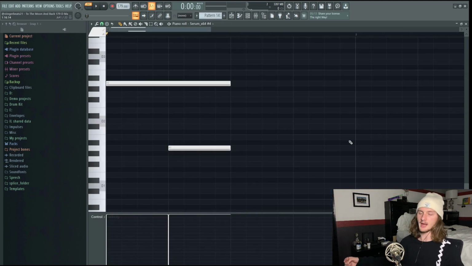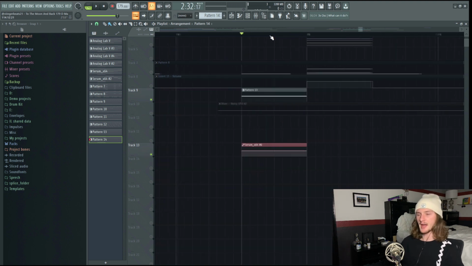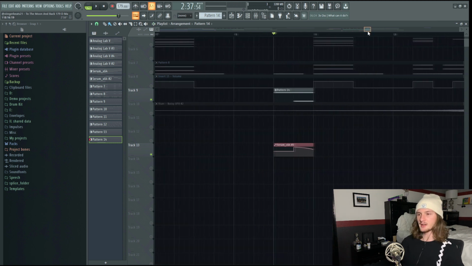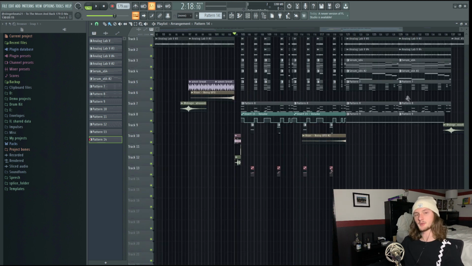For the second growl, I have it playing a portamento slide note, and I automated the rate so that it changes from 1/4 to 1/32. For the third growl, I have it just playing a consistent 1/8 rate. And the last growl is very similar to the second one, except I just have the automation clip going from very fast to 32nd notes. So this is what that sounds like. So this is what the second drop sounds like all together.